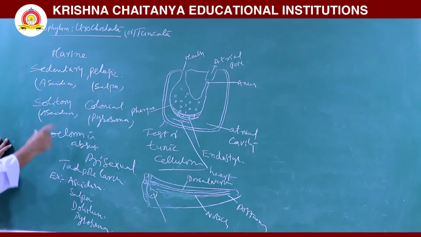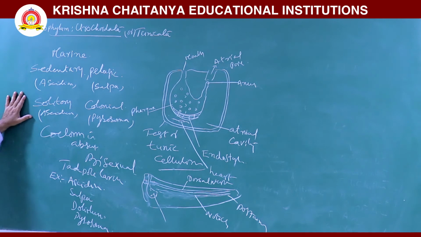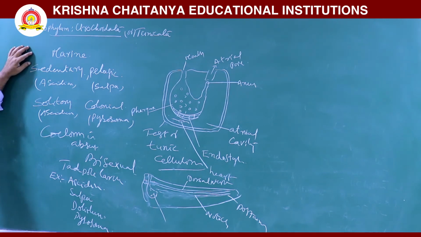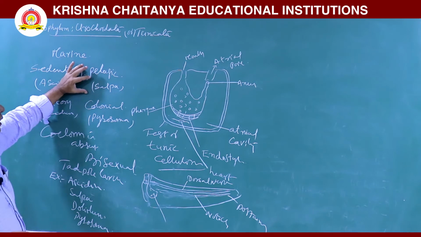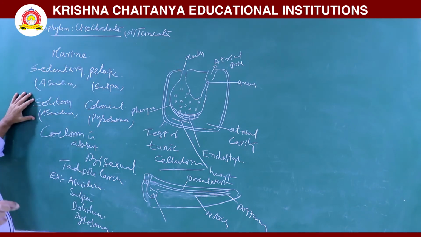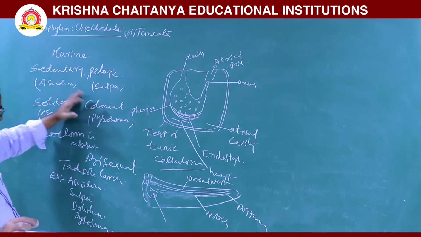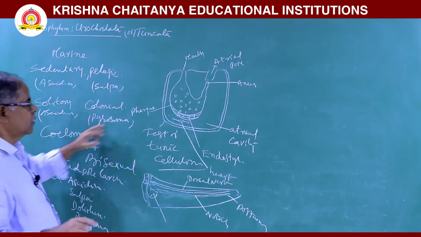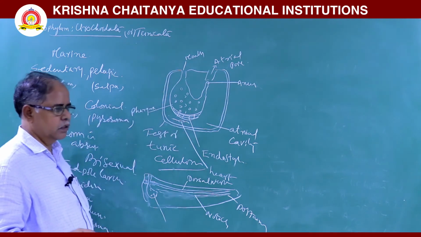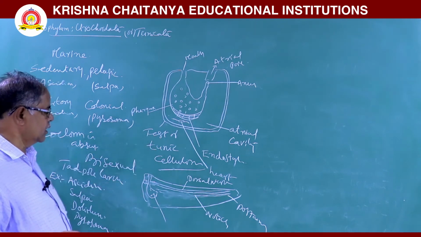These are some important characters of urochordates. Urochordates are all marine. They live from shallow marine water to deep marine water. Some are sedentary, for example Ascidia. Some are pelagic, for example Salpa. Some are solitary, for example Ascidian. Some are colonial, Pyrosoma. Next, in this animal the body wall is called a test or tunic,